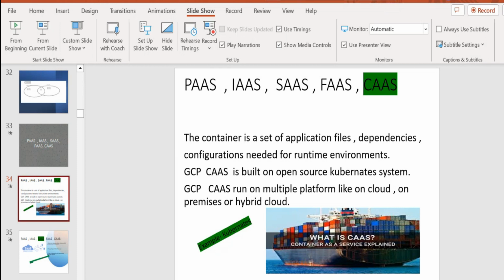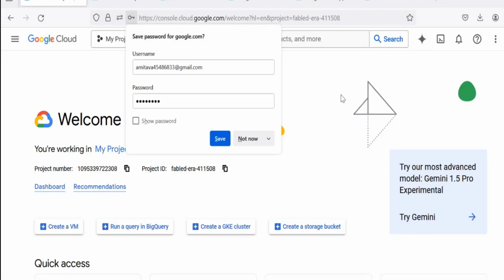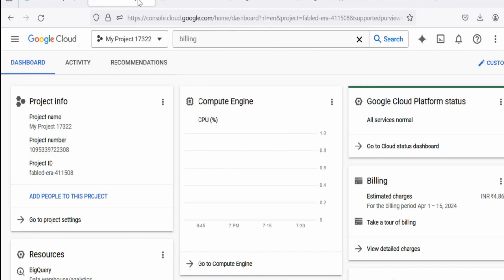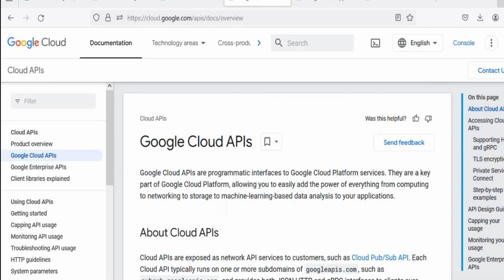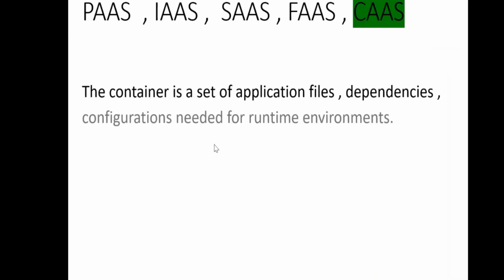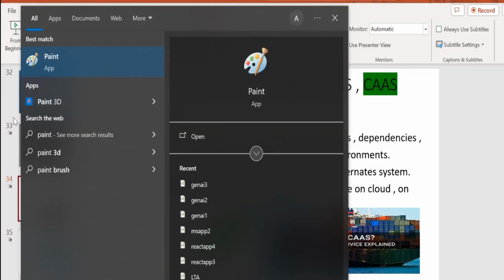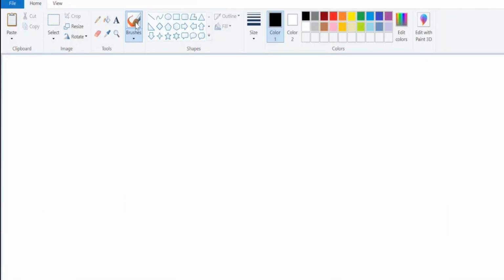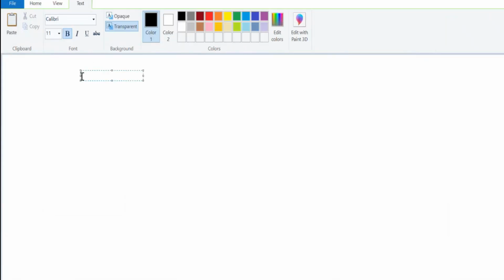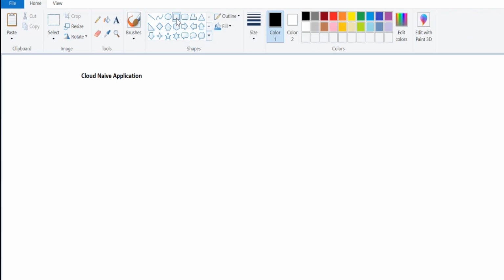Let me give some example. For the timing, I'm just moving with this container as a service. Now let me just talk about CaaS. Let us give an example. Let me give some idea. Just now I told you that cloud native application, I'm just using the term because industry is moving here. Complete industry is moving here. Cloud native application means